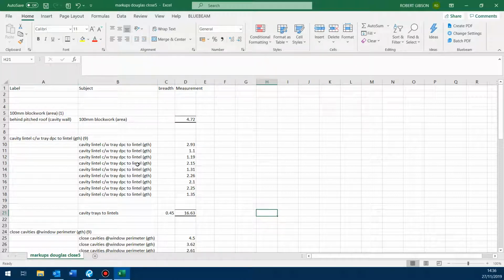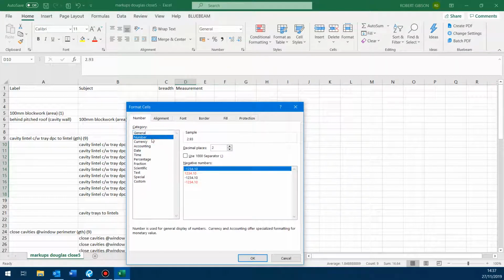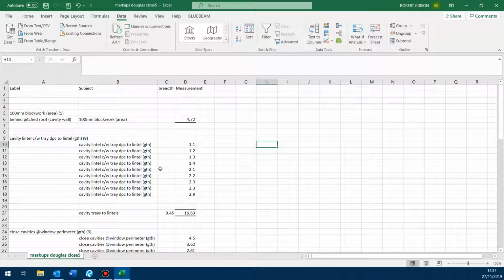And what I tend to do is grab hold of all the different lintel lengths. Highlight them, right click on format cells, and just change the decimal place to 1. That simplifies it and brings it to the nearest 100 mil for lintels. And as I said, Bluebeam is so accurate to the millimetre, it makes very little difference. And you can then round up or round down. So I then grab the data, I then go to data sort and change them into an ordered list, and you can separate them out to show the different lengths just by